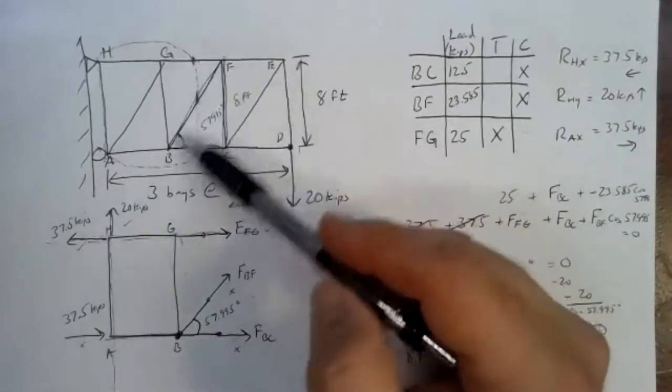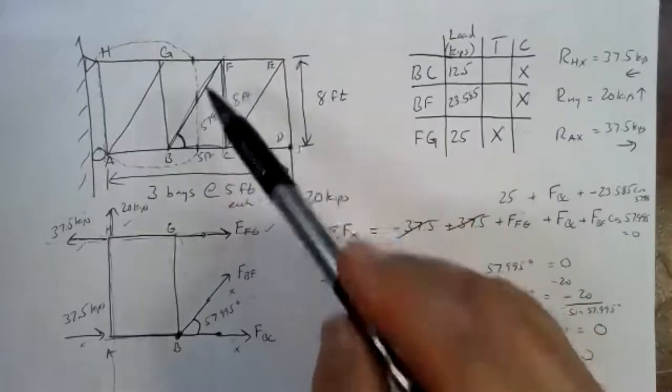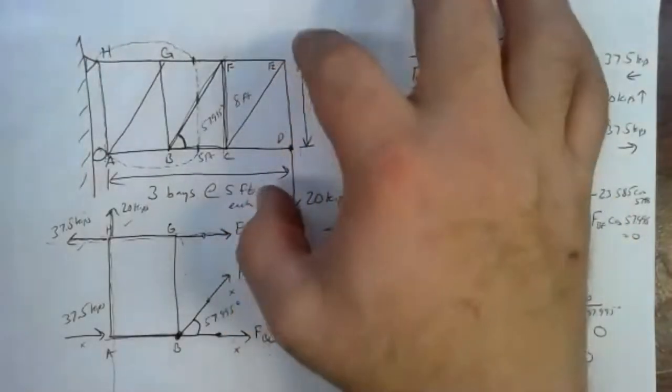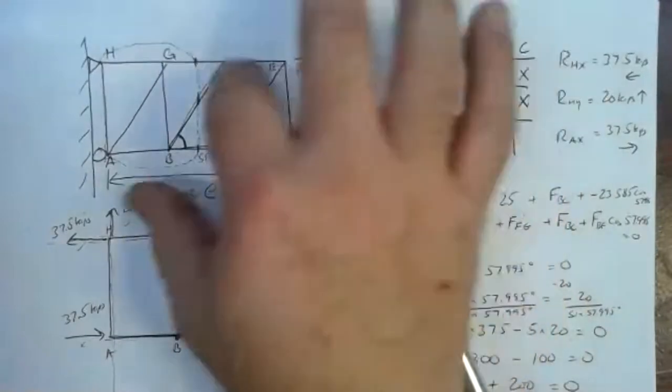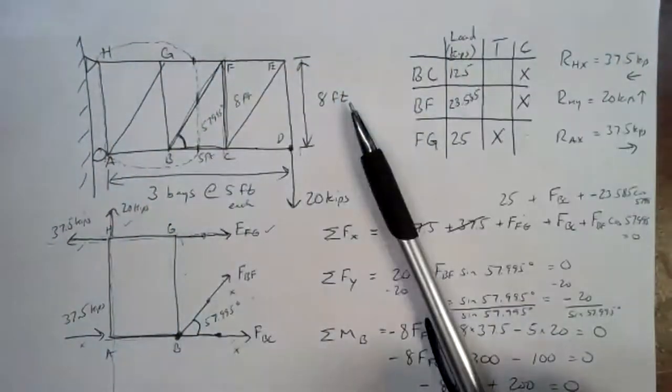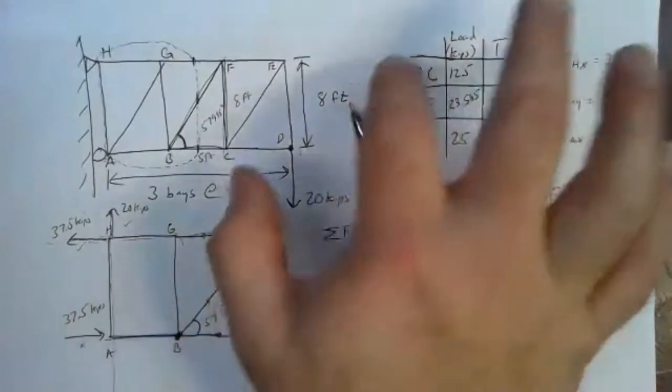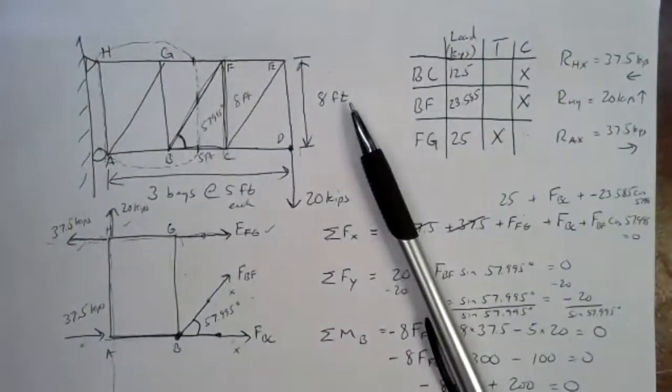It's sometimes hard to figure out what these cross members are doing. But in this one, it's not too hard to figure out that as you're pulling this section down, it's got to squeeze on member BF. Member BF has got to be compressed. So that explains why member BF is in compression. If you've got multiple applied loads, maybe a side load here, it can be a lot harder to figure out whether a cross member is in tension or compression. But essentially, when you've got pure bending, it can be a little more physical to see what those cross members are doing.